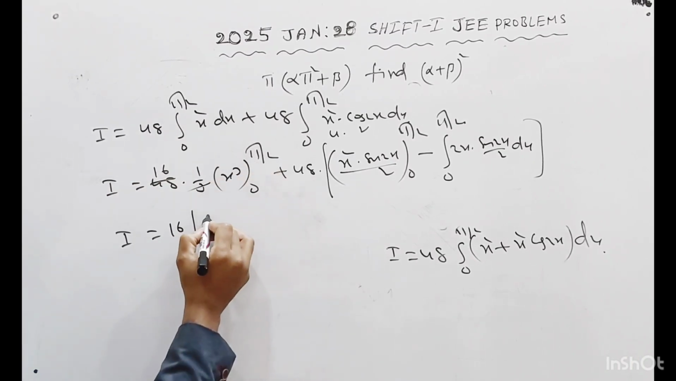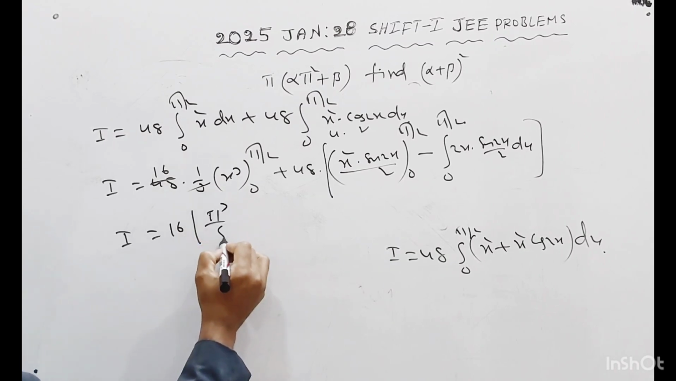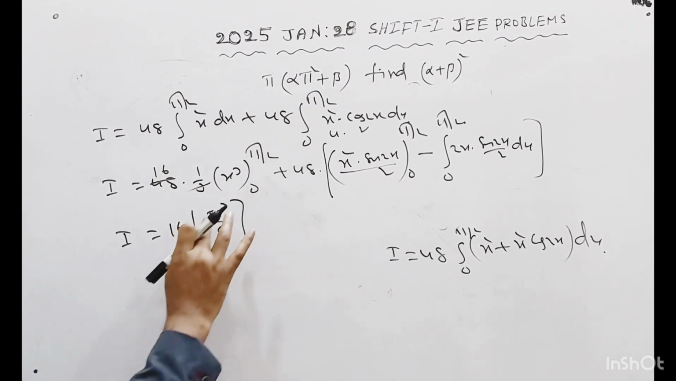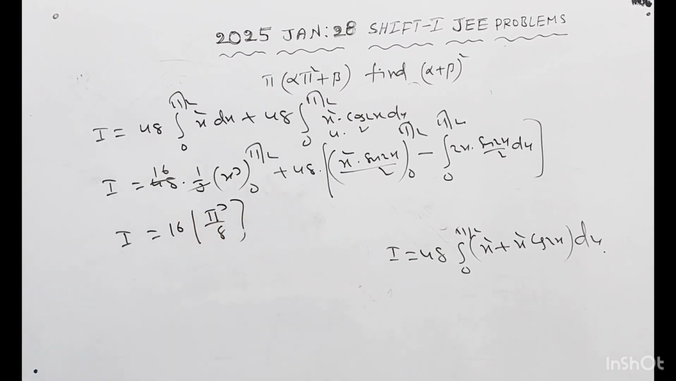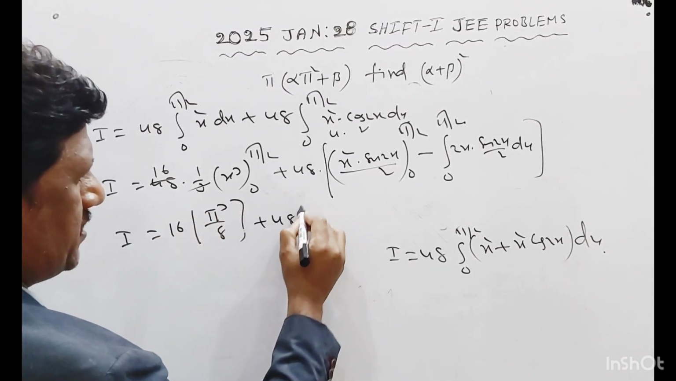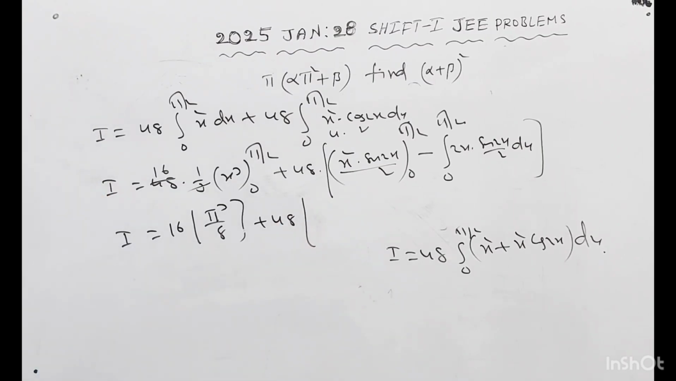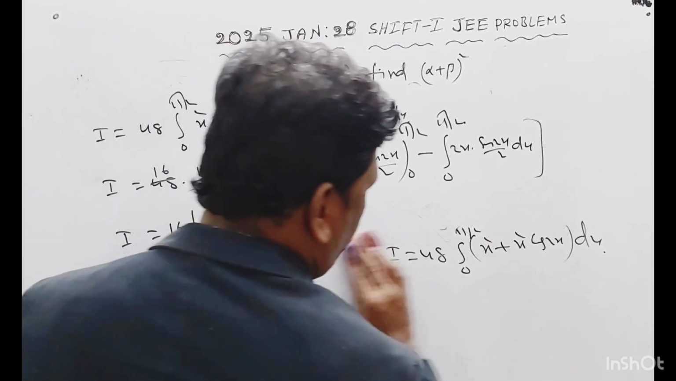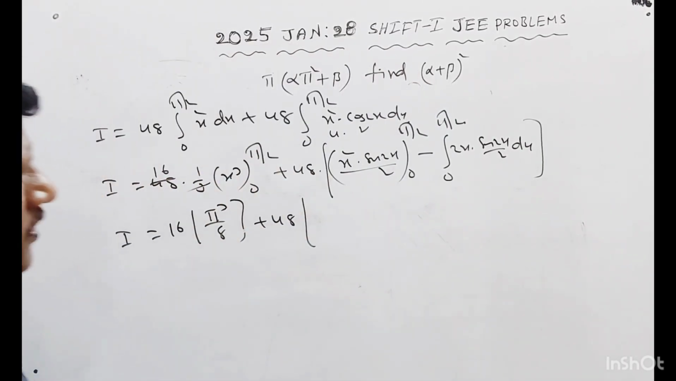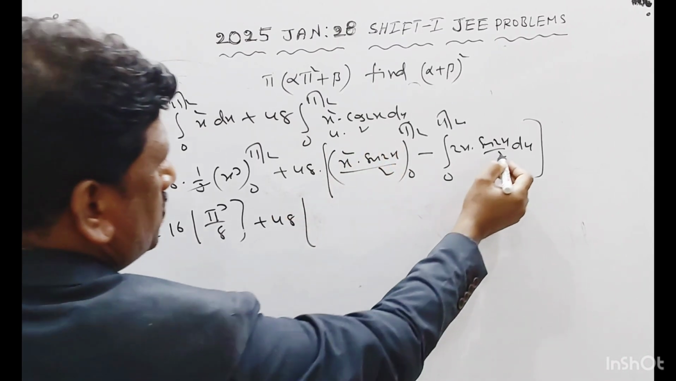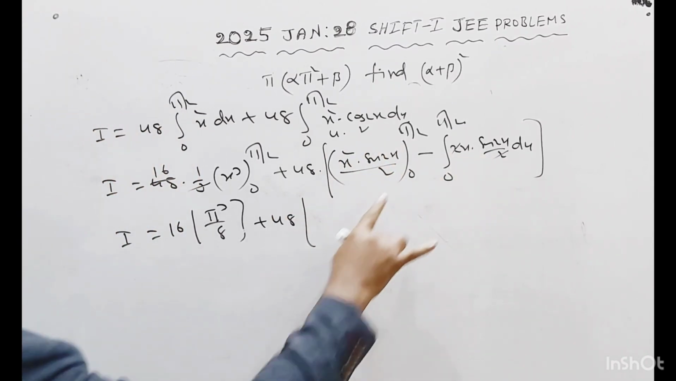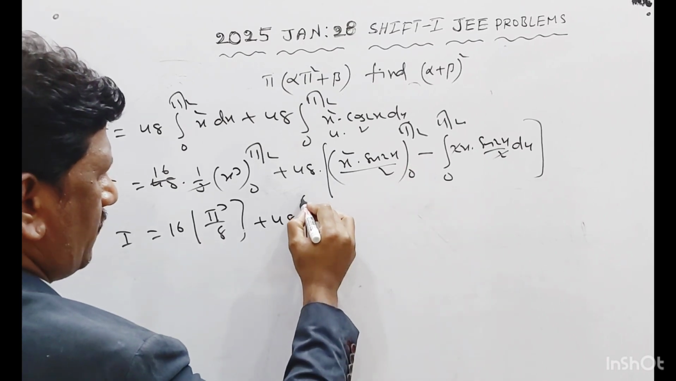substitute in the place of x. So this is actually pi cube by 8 will come. This is pi cube by 8. Then plus 48 into. Now if you apply the limits here, this entire part will become 0, and these two also get cancelled. So your minus will come, minus of